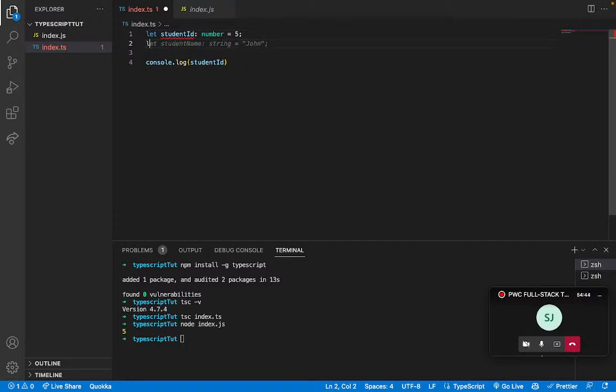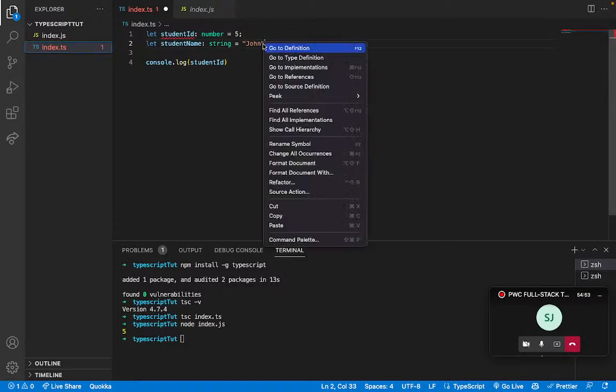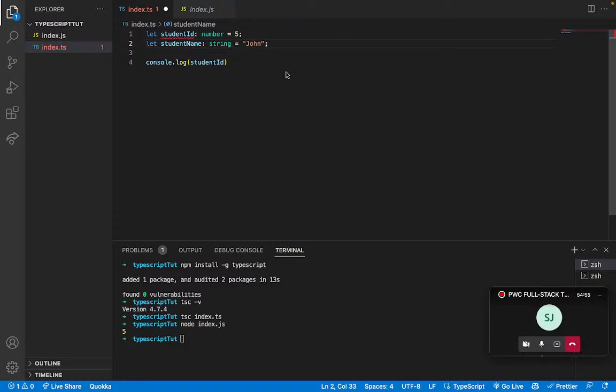So that is for number. We can also declare a string. Student name, I think that is perfect. So for student name, I can put